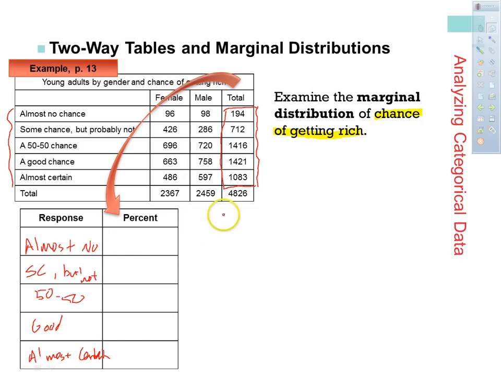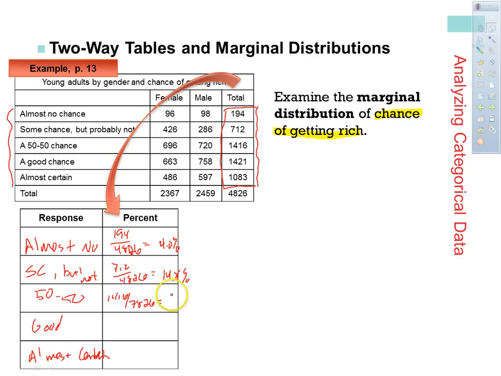So it just becomes a matter of creating these percents. Okay, which gets us about 4%. And then we go 712 out of 4826, which if we divide that out, I feel pretty confident that you guys can handle that. And then we go 1416 divided by 4826,